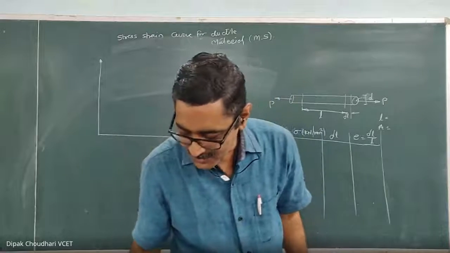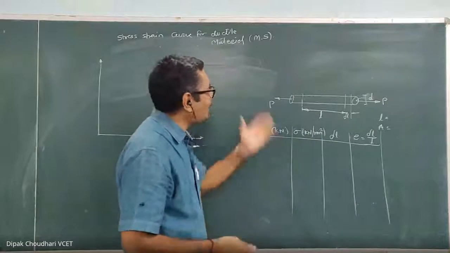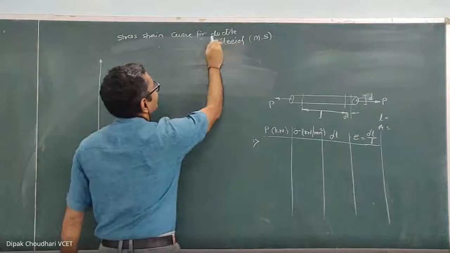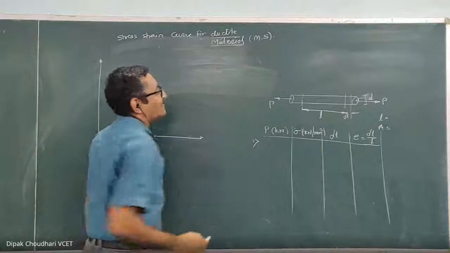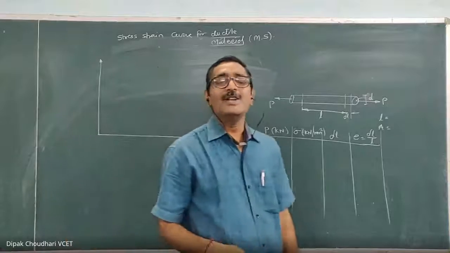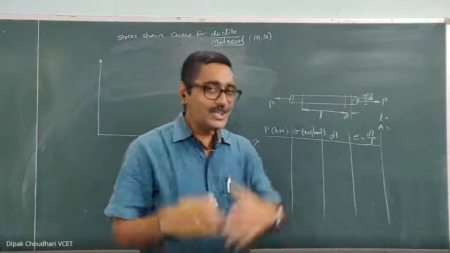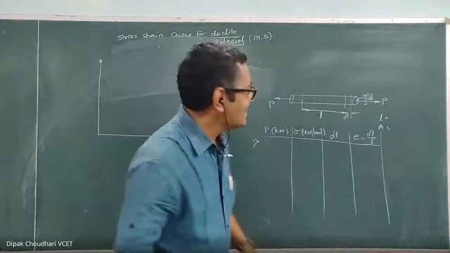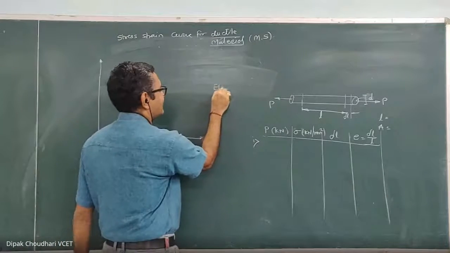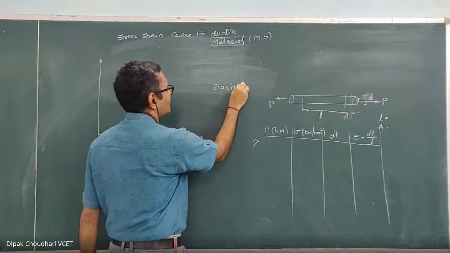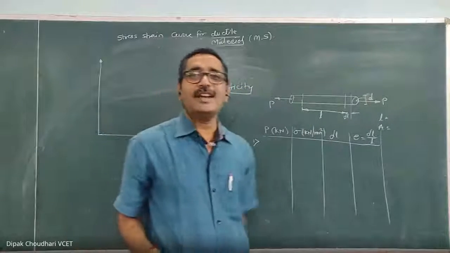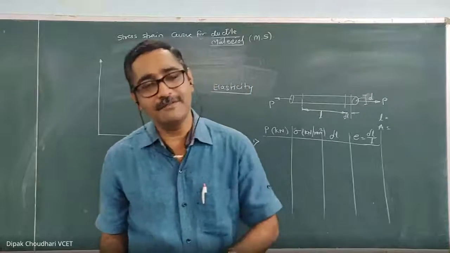Now you should know these basic mechanical properties. Here in 5 minutes I will tell you the basic mechanical properties also: what is a ductile material, what is a brittle material, a malleable material. All these are the mechanical properties which we have to study in the strength of materials lab. I'm going to tell only the important properties here. When you come to the lab, I will tell you the details about these different properties.